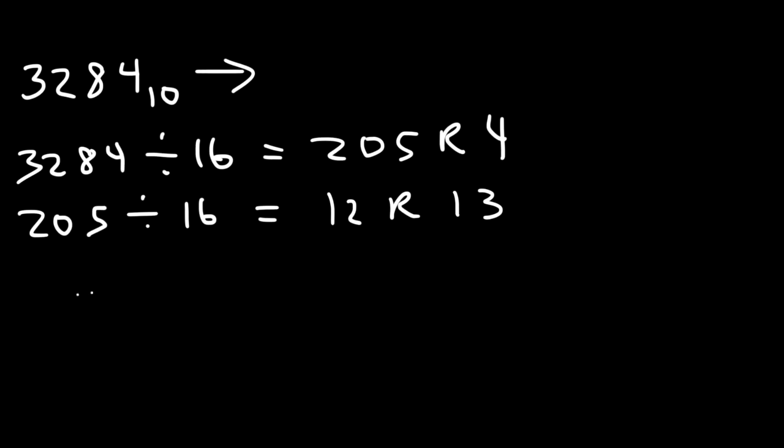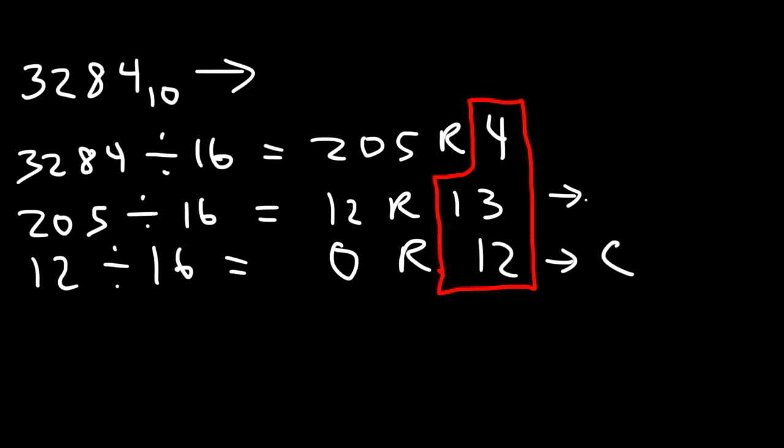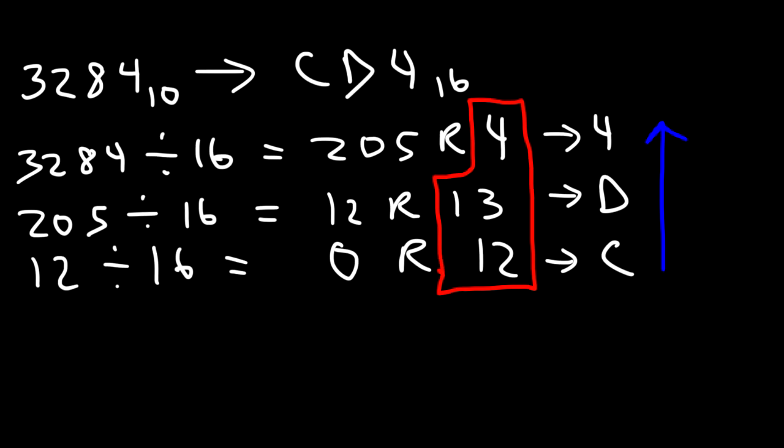Now for the last one, we need to divide 12 by 16. So 16 doesn't go into 12. It goes into 12 0 times with a remainder of 12. So now let's focus on these numbers. Let's convert them to hexadecimal values. So 12 in the decimal system corresponds to C in the hexadecimal system, 13 corresponds to D, and 4 corresponds to 4. So we're going to read it this way, starting with C. So it's going to be CD4, base 16. And so that's how you can convert a decimal number to a hexadecimal number